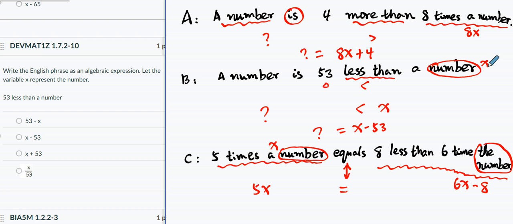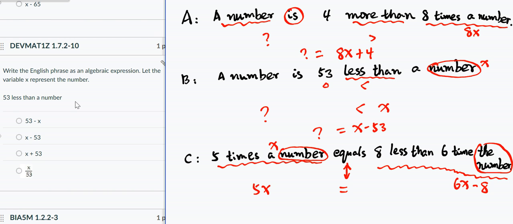So if this number subtract 53, it would be equal to the number we expected. And then in this case, the expression is x minus 53. So we should choose this one. You may rewind the tape and see my explanation. So the correct choice is x minus 53. That's the meaning for 53 less than a number,